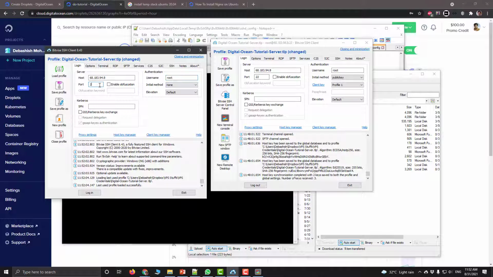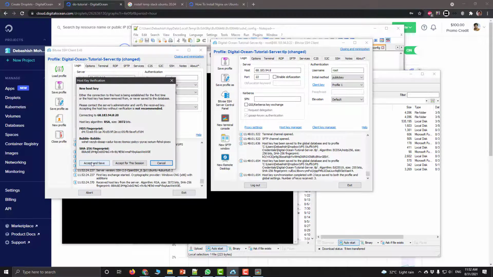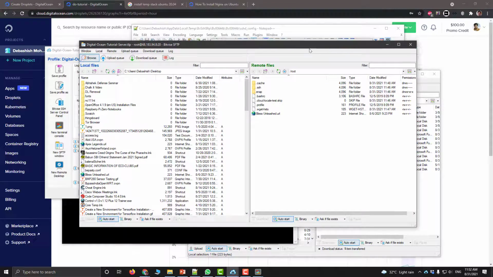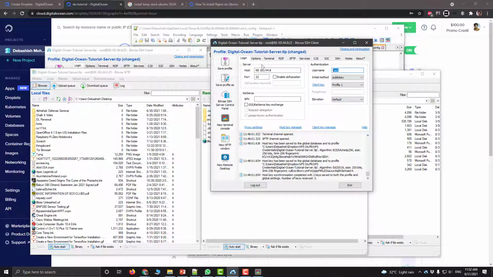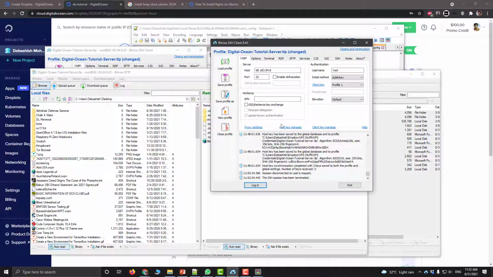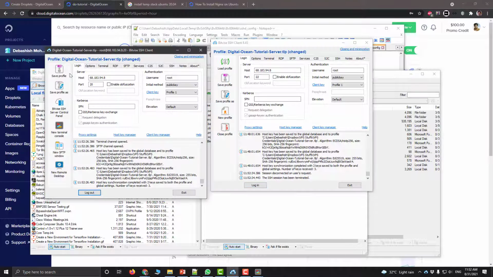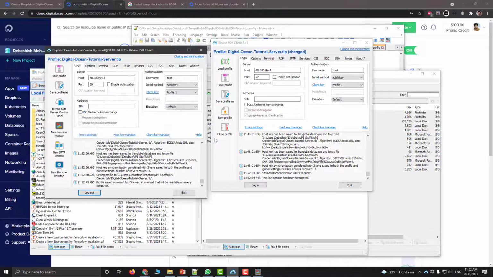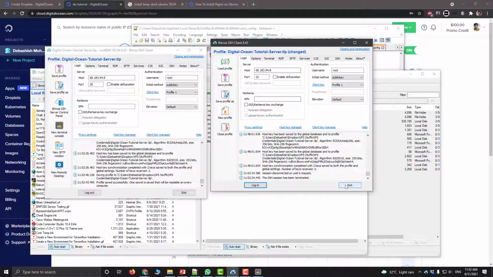Using the new port, and see if you are able to log in using this new port. Okay, so you are able to log in, so that means it's fine. So we can now close this old one, log out. Yes, maybe save the profile. We will save the profile here. Yeah, any computer, anywhere, it's fine. And then exit.